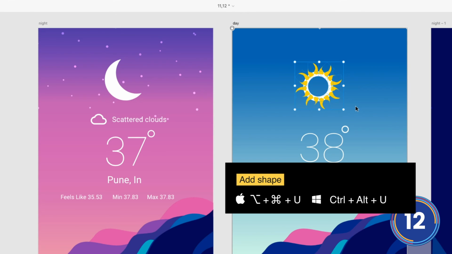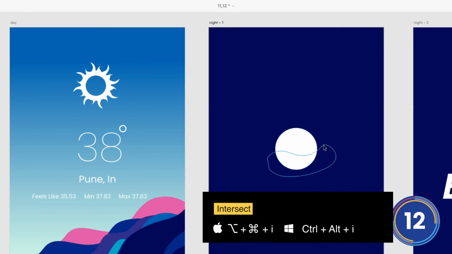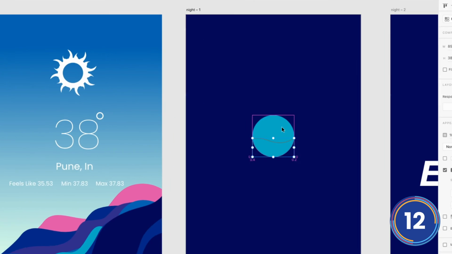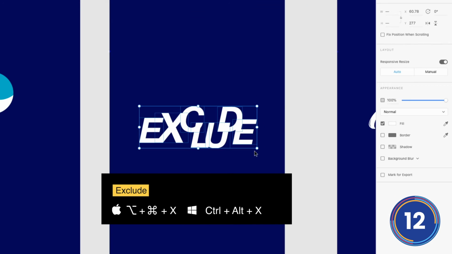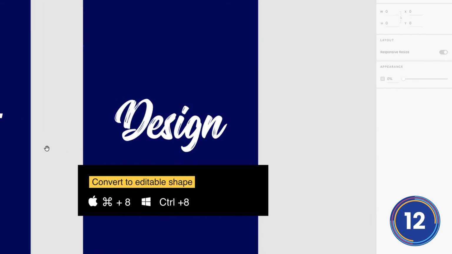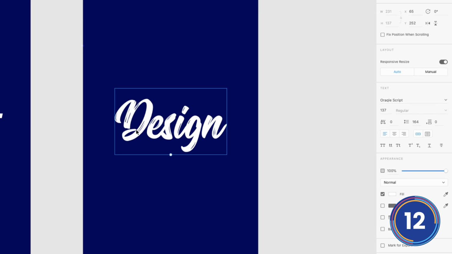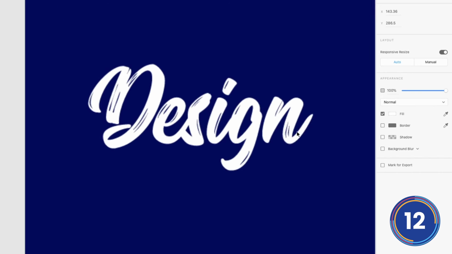To add, use Ctrl+Alt+U. For intersect, use Ctrl+Alt+I. And for exclude, use Ctrl+Alt+X. And to convert a selected element or text into a path, use Ctrl+8.